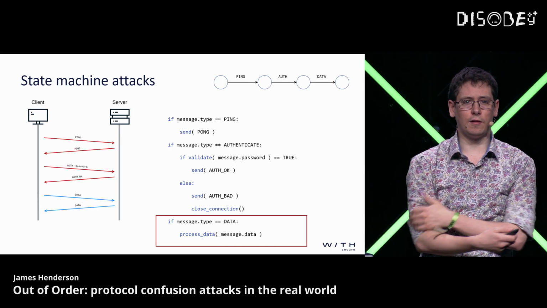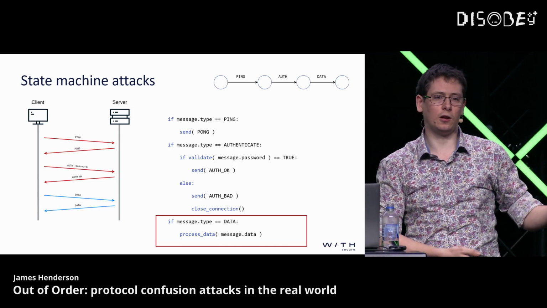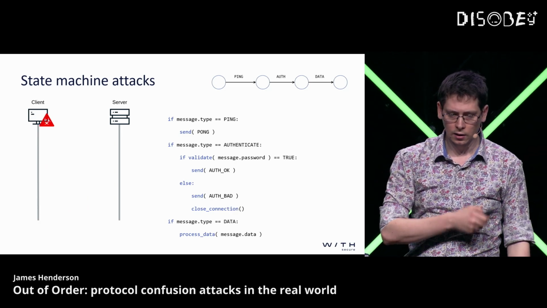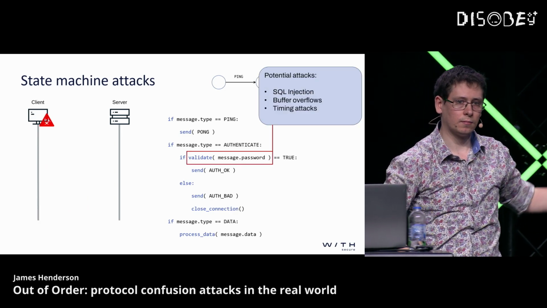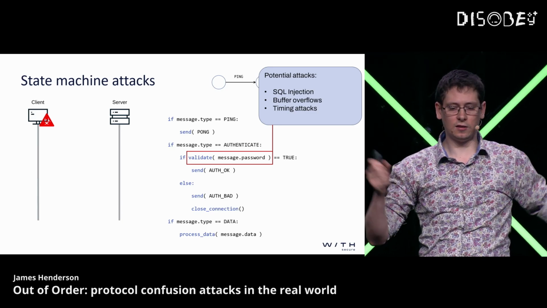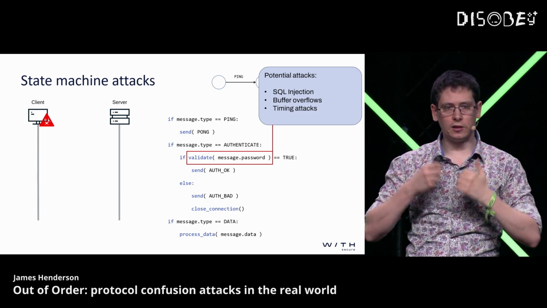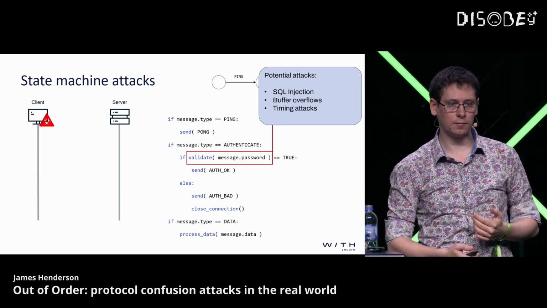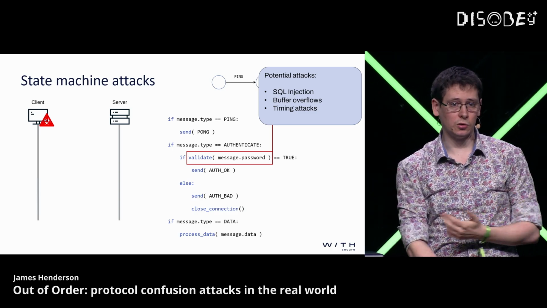So now let's think, if I were an attacker, obviously this is pseudocode, but if I were an attacker, where would I look for vulnerabilities in this? So typically, the first place people would look is that validate password function. You'd look at things like buffer overflows. What happens if I just submit a bunch of A's? What happens if I put SQL injection? What happens if I time the differences between a correct and incorrect password? But I'm actually going to show you an attack which doesn't focus on what input you send, or rather the